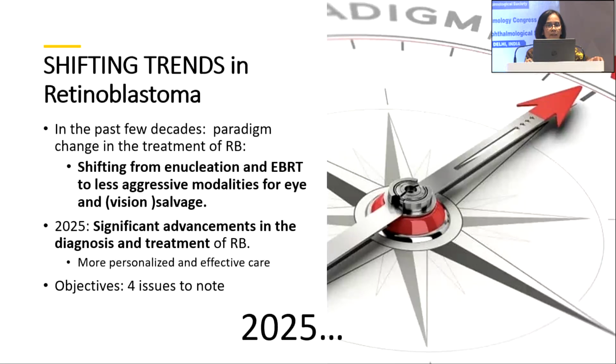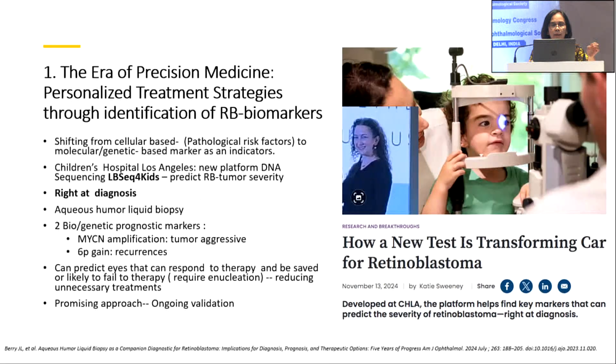And in the past few years, there has also been significant advancement in the diagnosis and treatment of RB toward more personalized and effective care. So we are entering the era of precision medicine, which is focused on personalized treatment strategies through identification of biomarkers. We know that there is a shift from cellular-based or pathological risk factors to more molecular genetic-based markers as indicators for the